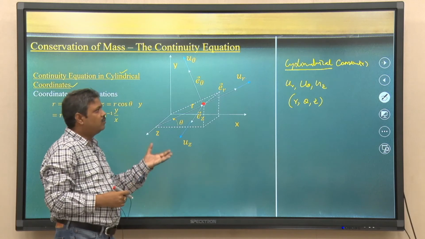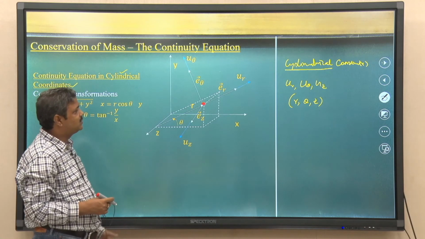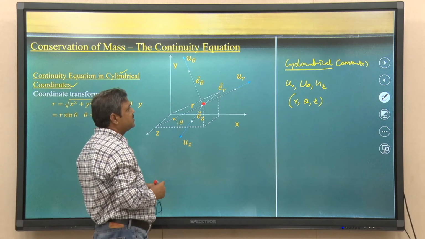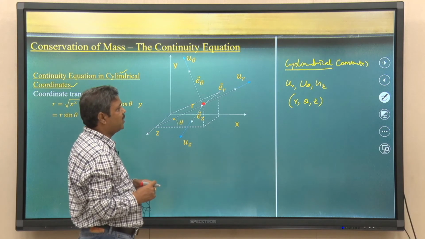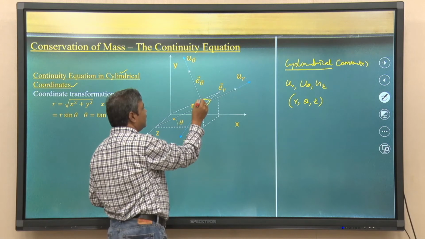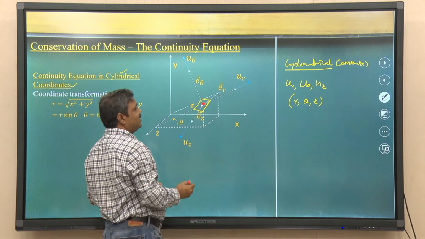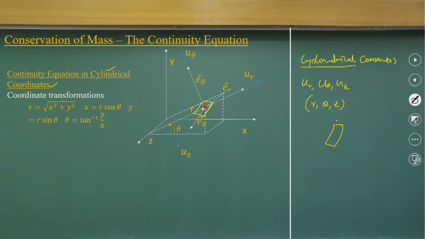So, many of the problems we can solve using cylindrical coordinates, because it is easier for imposing the boundary conditions. Earlier we considered a parallelepiped control volume. Instead of taking the parallelepiped control volume, we are considering a control volume which has dimensions radially dr, d theta, and perpendicular to this will be dz. So, as you consider it with the cylindrical coordinate element,